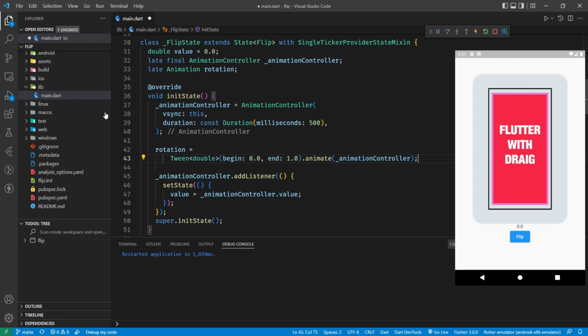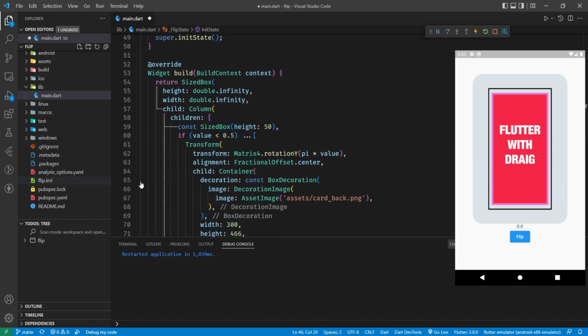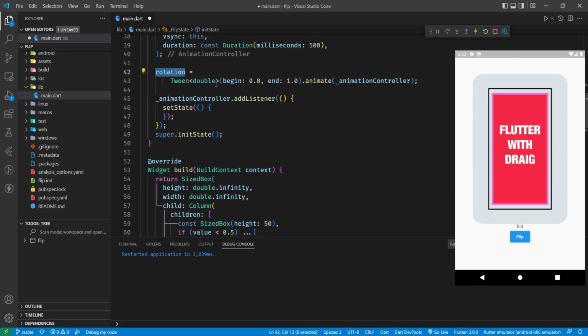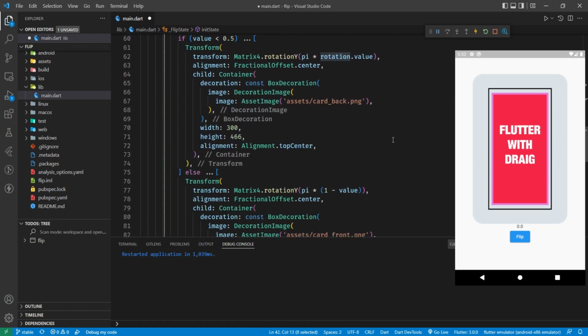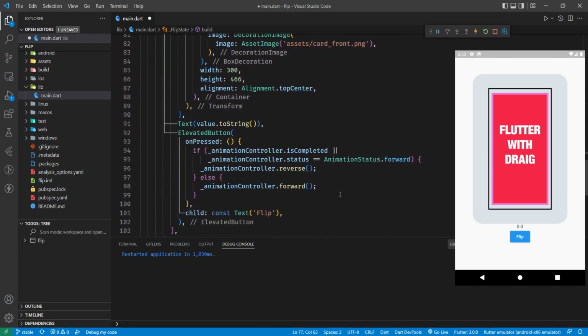Okay, now with that in place, we can get rid of this value here because we don't want that to update anymore. We don't need that to update. In fact, we're not going to need the value anymore. But when we come through, we need to change all the values to the rotation dot value, because this animation is going to give us a value between 0 and 1 based on where the animation controller is. So let's just put that in a couple of places we have value,